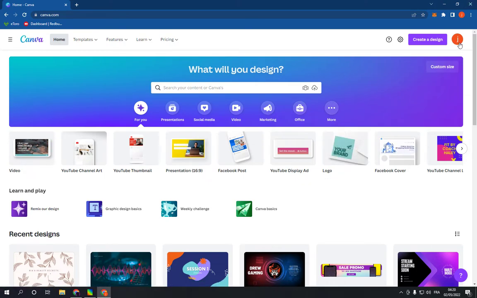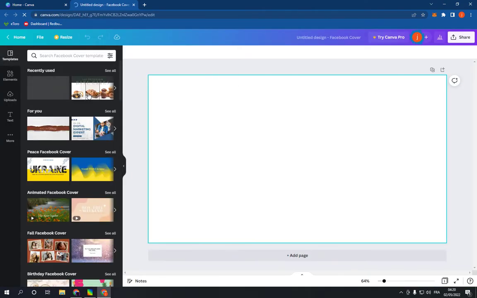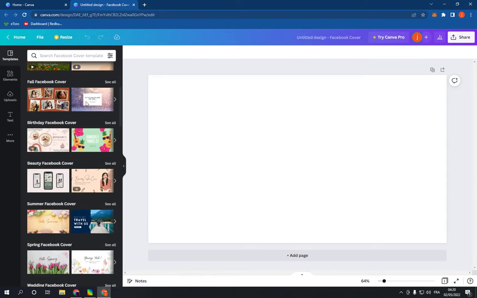Now click on create a design and search for Facebook. Click on Facebook cover option. It will take you to this page. Now go right here, scroll down,